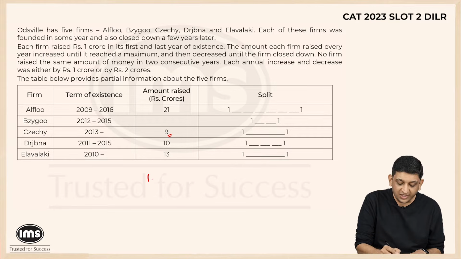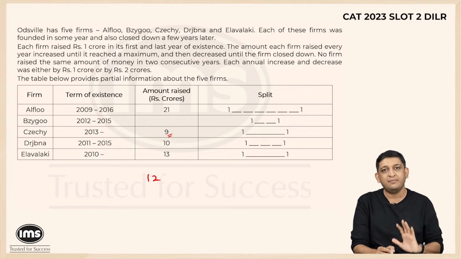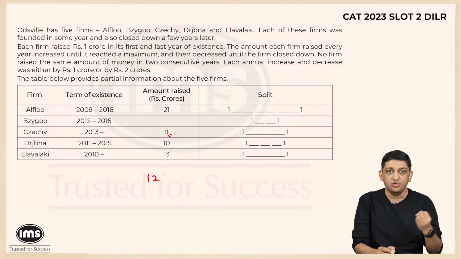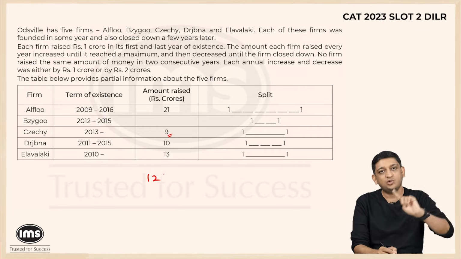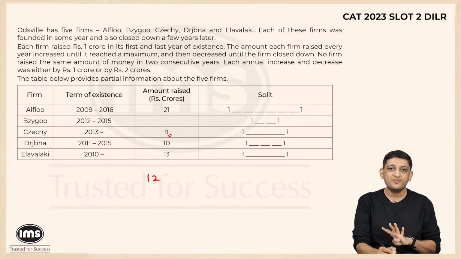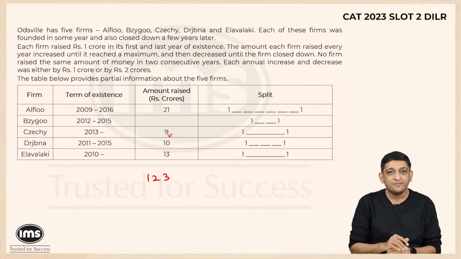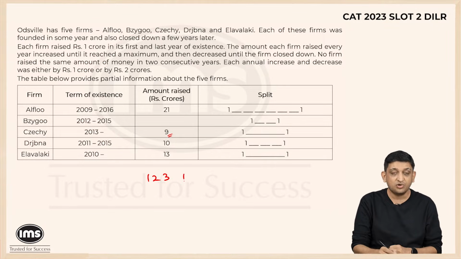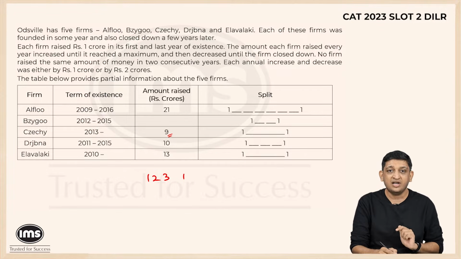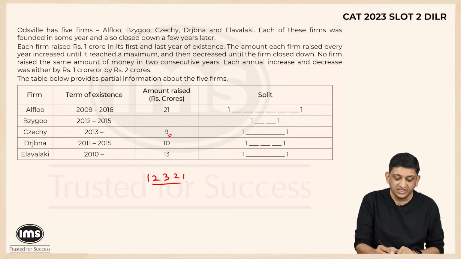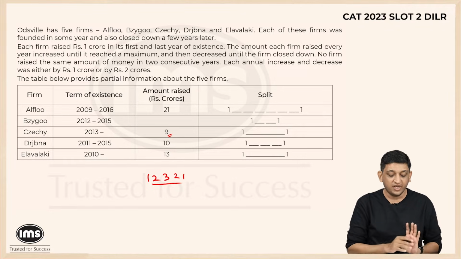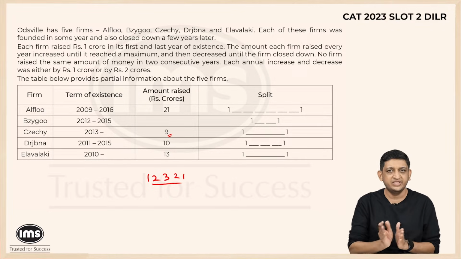Let's say we go from 1 to 2. The firm has to go from 1 to some higher number in the second year. It cannot stay at 1. If the firm goes from 1 to 2, then we know that in the third year it will have to raise more money, because if it does not, and it goes from 1 to 2 and back to 1, the firm would have raised only 4 crores. So it has to go to a higher number. From 1 to 2 it will go to a 3, let's say. Now it has already raised 6 crores and 1 crore at the end is going to happen. So I know that one more year of 2 crores funding is required to accommodate these 9 crores in this duration that we have, right?